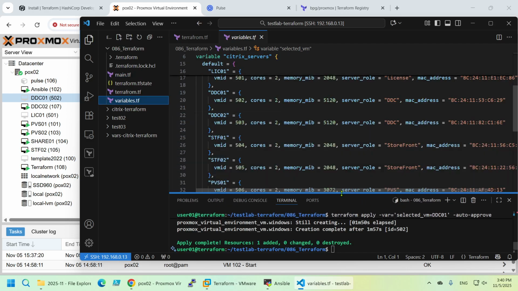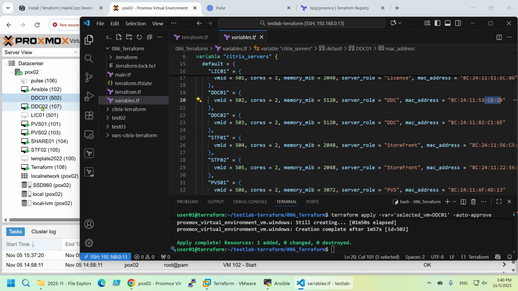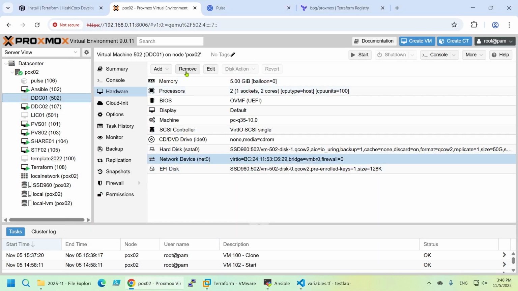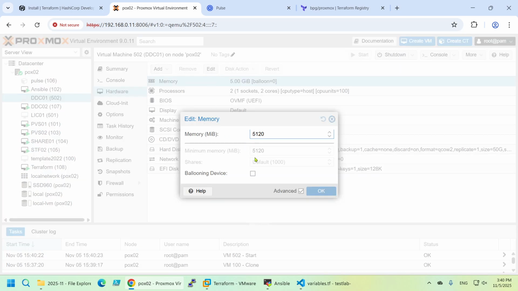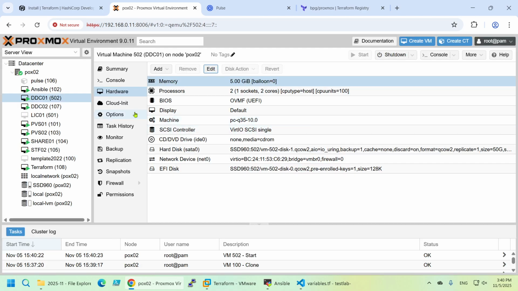Variables. DDC C629. Okay, perfect. I can also start it because I will, let's start it. I will after that remove it. Edit balloon. Okay. Let's take a look in the